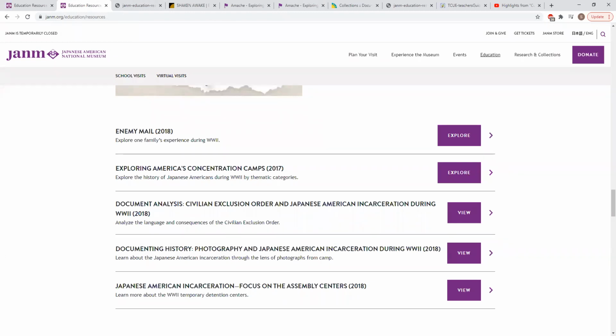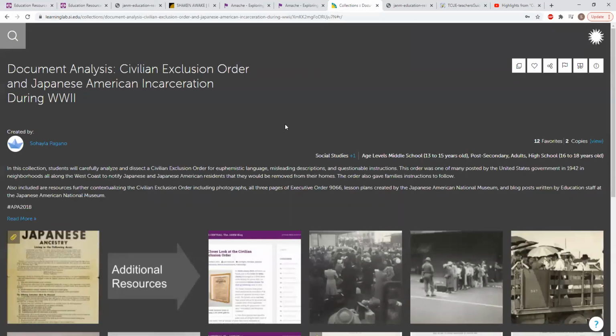Also included in the web resources and lessons section are lessons created by JANM staff using the Smithsonian Learning Lab platform. So to view those, simply click on View. And these lessons, these collections, as they're called,